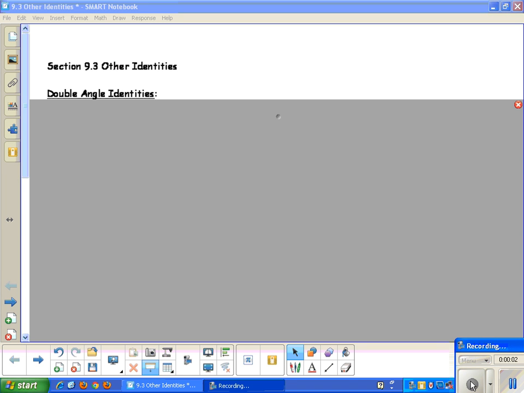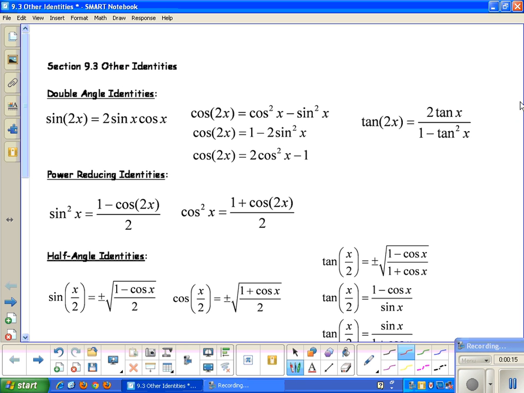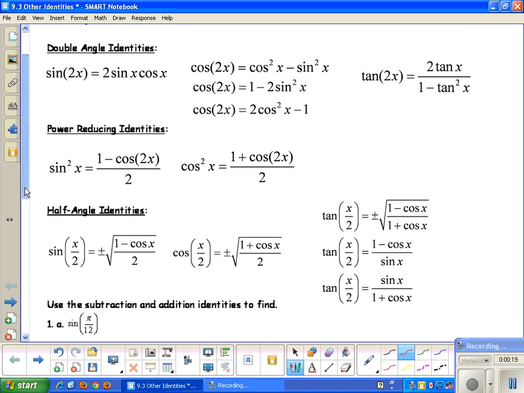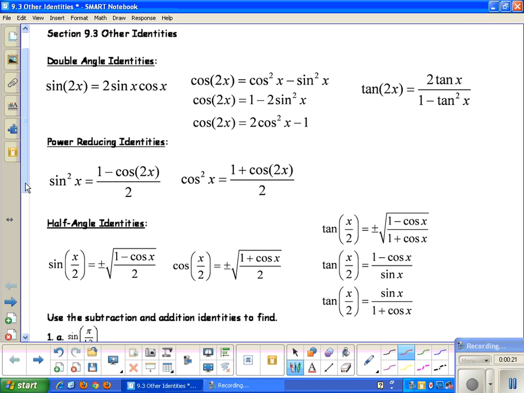Section 9.3, Other Identities. Now, the other day we talked about how to derive all the identities, so what I would do is I would pause the video and see if you can write them down from memory. Okay, so here are the double angle identities, the power reducing identities, the half angle identities, so make sure you